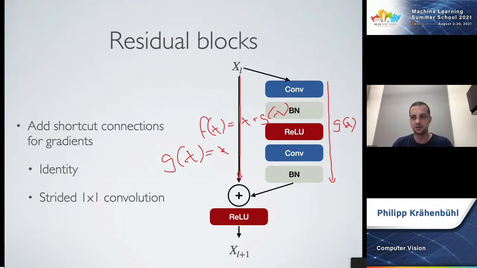Now, you might think, okay, well, there's nothing to this. This is just some simple mathematical trick. So why are residual nets special? The main reason why residual networks are special is because they allow you to train much deeper networks. Because if you use gradient descent to train a network, if the gradient goes through too many layers, it will sort of be diluted. But if you have a residual network, you always have part of the gradient go through the residual connection, which makes sure that you can have a gradient that comes from your loss function to any layer in the network, and you will not be too diluted.